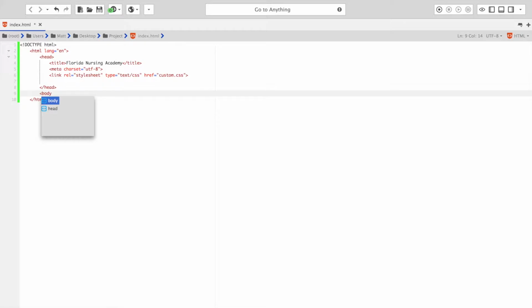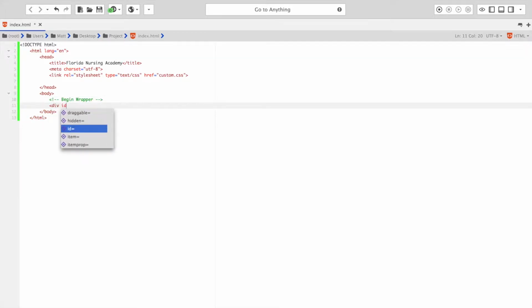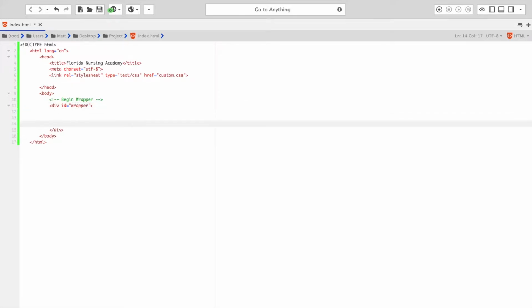Okay, so body. All right, I'm going to make a few little comments here. So to make a comment, begin wrapper. Great. So I'm going to have a little div here, and that's going to be our wrapper. So I'm going to have a header as well. We're going to use as many HTML5 elements as we can. So we got a header, got a navigation,